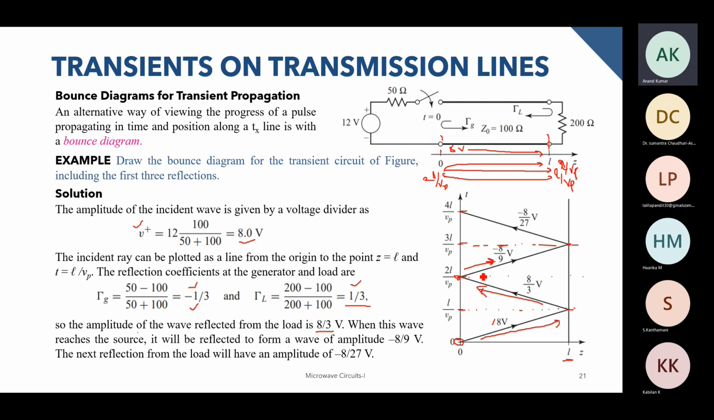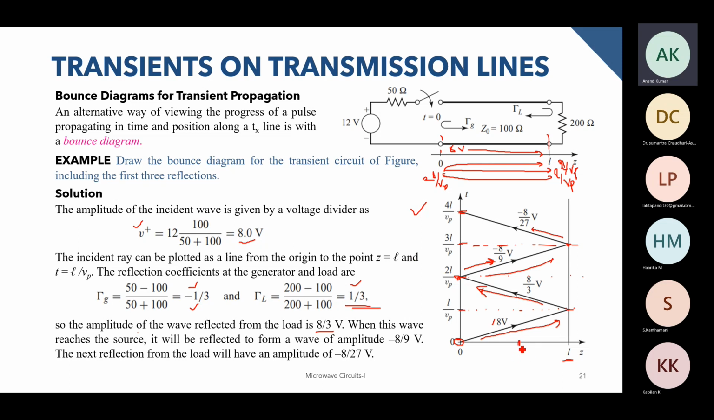So we again join this line over here and label it as 8 by 9 volts. And similarly, when it reaches over here, the reflection coefficient is again 1 by 3. So this 8 by 9 volts into 1 by 3 volts will be reflected back. Again, this will reach the generator at 4L by Vp. So this is how we draw a bounce diagram, and you can also calculate the voltage at any point on the